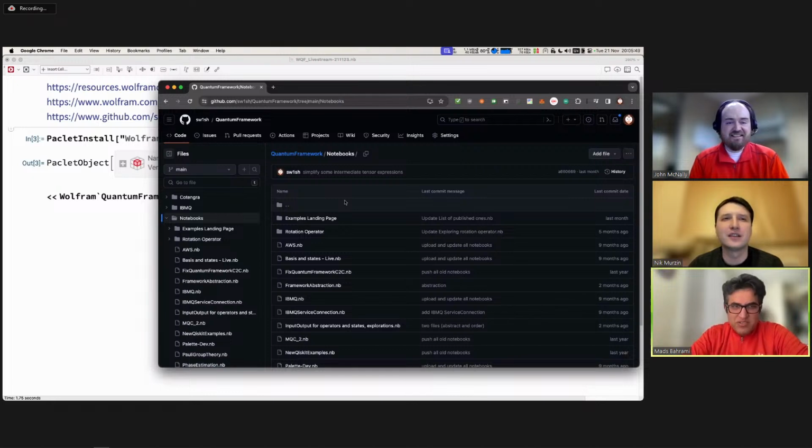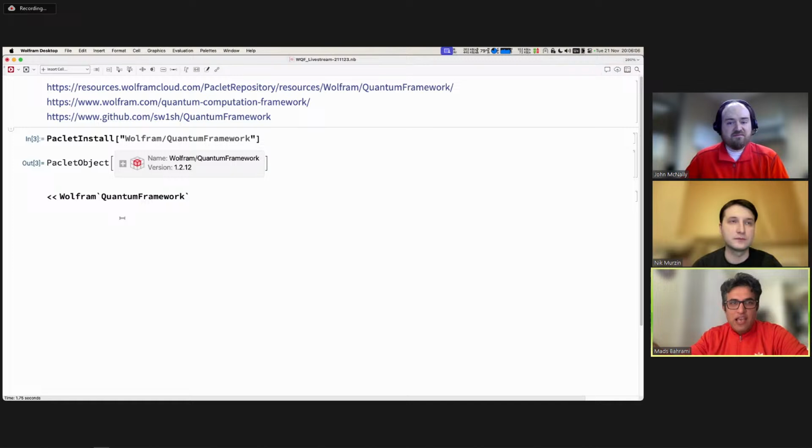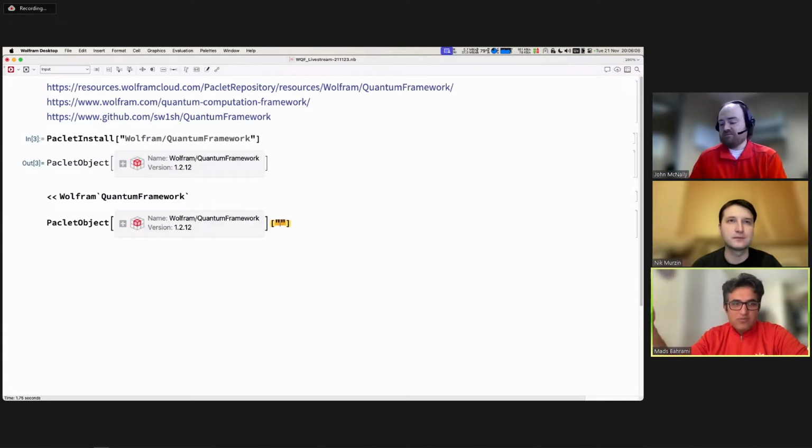Besides GitHub, for any packlet, our users should know that any packlet, even if it's not on GitHub, after installing the packlet, you have all the code on your end. Basically, you just need to go to the folder where the packlet has been installed, and you can look into all the